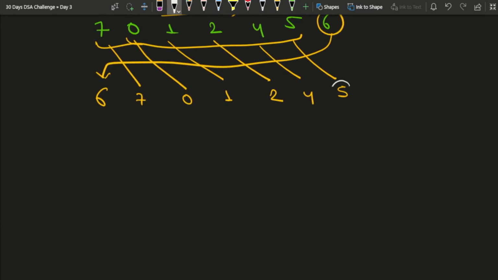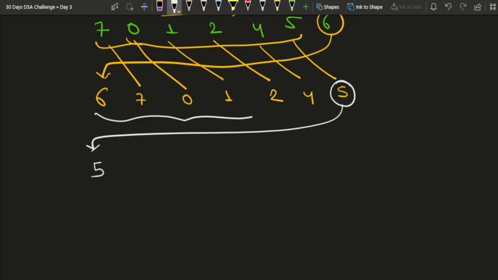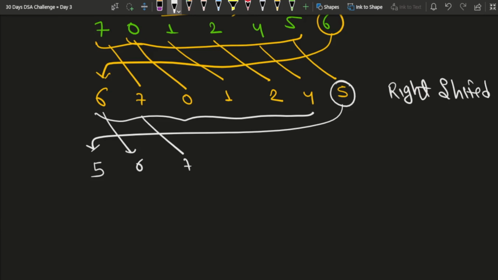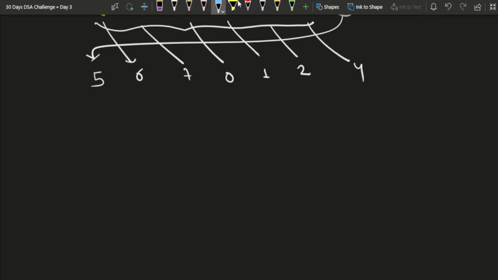Now again, if I take this 5 and put it at index number 0, all the remaining elements will be right shifted. Now 6 will come at this position, 7 at this position, 0 at this position, 1 at this position, 2 at this position and 4 at this position. Now again, if I take this 4 and put it at index number 0,